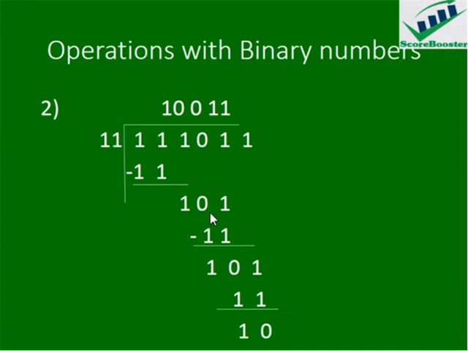Can 11 go in 10? You should know that 10 is less than 11, so that is also impossible. So the next thing to do is to bring down the next number again, making 101. How many 11 can you see in 101? On a normal day, you are supposed to write 9 or 10, but since we can't write a number that is greater than 0 and 1 in binary,